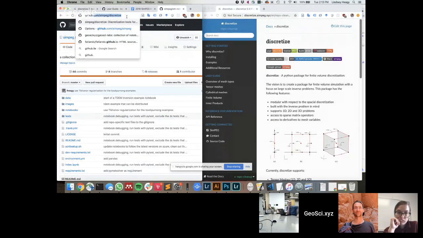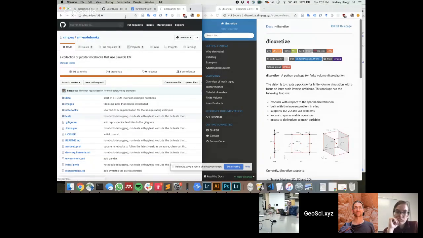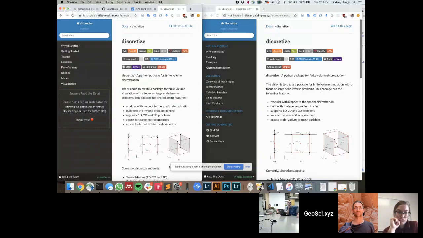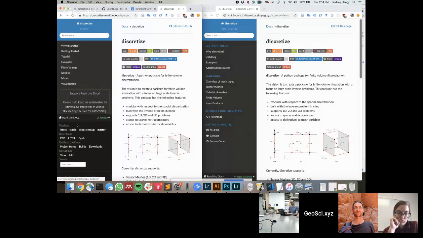And Devin, this I think is very much along the lines of what we could do for the SimPEG docs as well. Yeah, I took a look at what you did with discretize. Yeah, okay, so this one here on the left is the current state of the discretize docs. And the one on the right is the refactored one. So if you look at master here versus repo cleanup, which is the name of the branch that's building this new one.